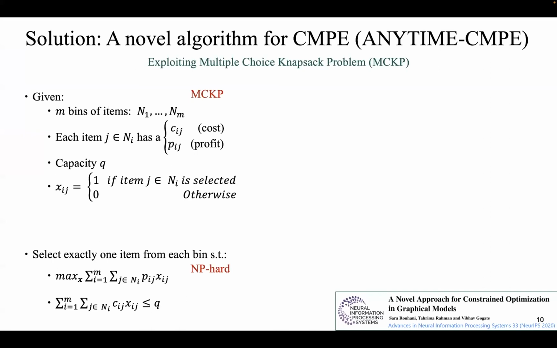So the first algorithm that we have developed is a lower bounding algorithm, and the second algorithm that I will show is one that we have developed for computing upper bounds. So we have developed this novel algorithm, which I'm calling anytime CMPE, for computing lower bounds on the optimal value of CMPE, or more generally, to compute a good feasible solution. Our algorithm leverages a special version of the knapsack problem and a graph property called k-separator. And what I'm going to do is present these two things that our algorithm leverages, which is the multiple choice knapsack problem and also the k-separator concept.